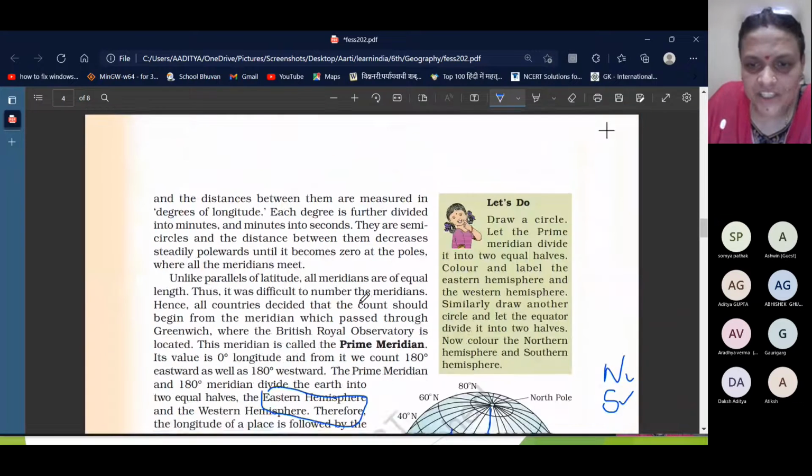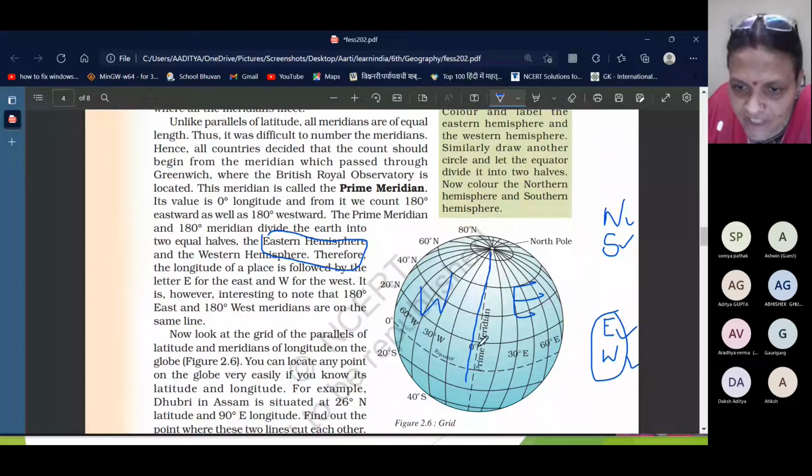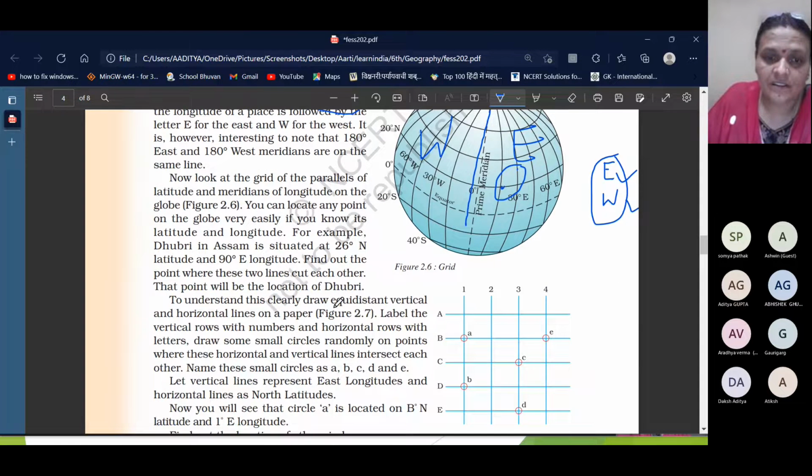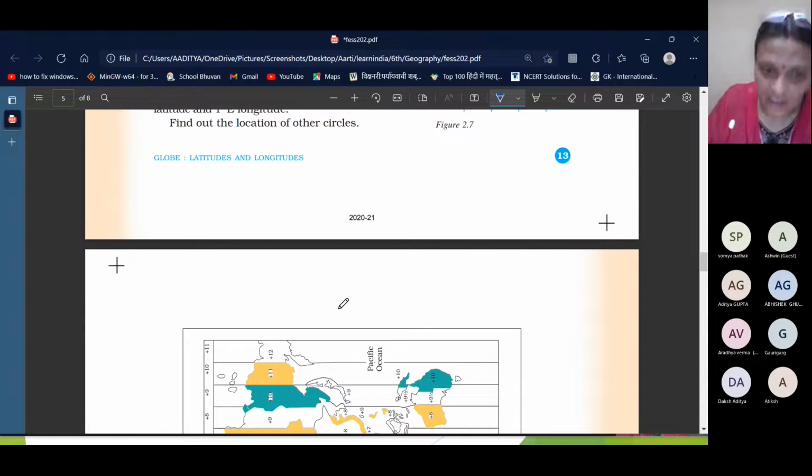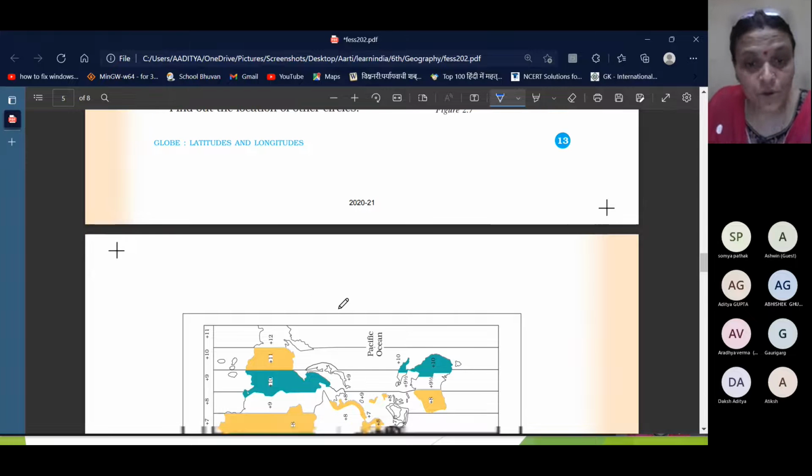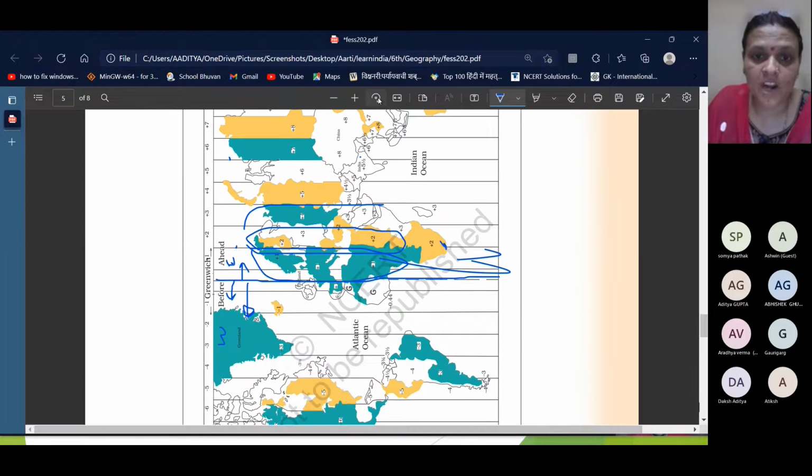See, there are so many meridians, right? So some place which is here and some place which is here, in one country only I'm talking, there is going to be a time difference, right? There will be a time difference of 2 hours, 3 hours, something like that. If we don't have a standard time for the whole country, we will not be able to follow. Somebody in Andhra Pradesh or somebody in Arunachal Pradesh follows some time 2 hours later. So to avoid that confusion, we all started following